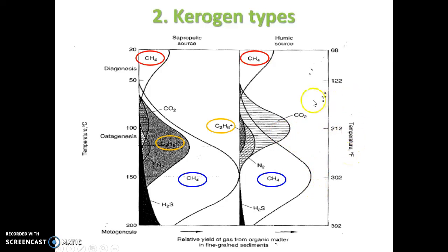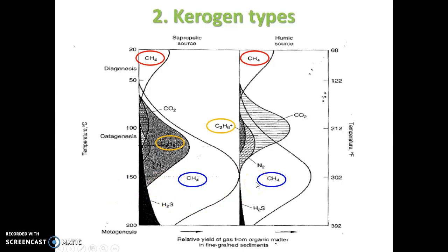You can see here that the wet gas stops generating and expelling when it leaves the oil window. The oil window here is 60 to 160 degrees centigrade. Meanwhile, the thermogenic gas methane also forms from all kerogen types in the high temperature range from around 150 to 200 degrees centigrade. So this is called the thermogenic methane gas window, with the peak at